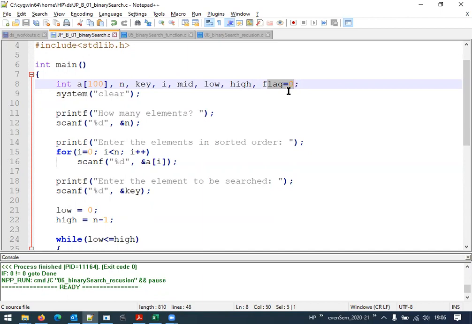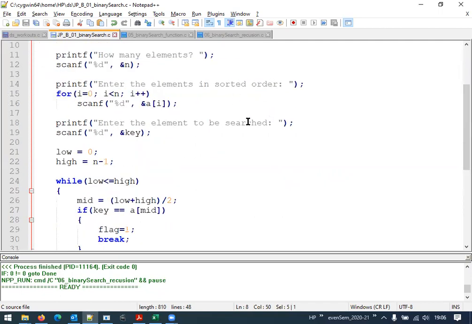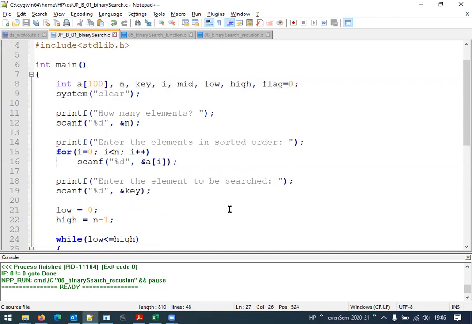Red means don't move further, green means you are allowed to move further. In the same way, I have taken a flag variable that can take two values, 0 or 1. Why I have used this, you will come to know in a while after this explanation of the loops.